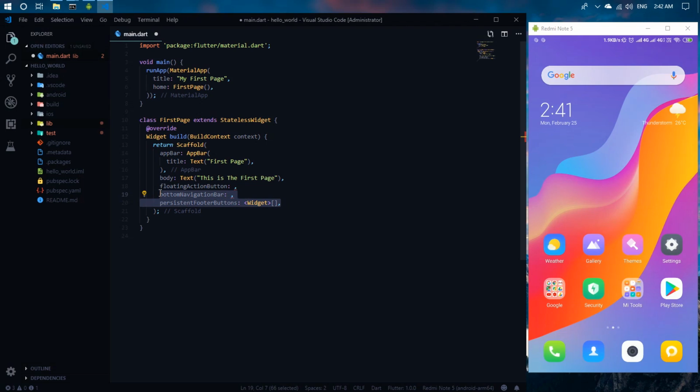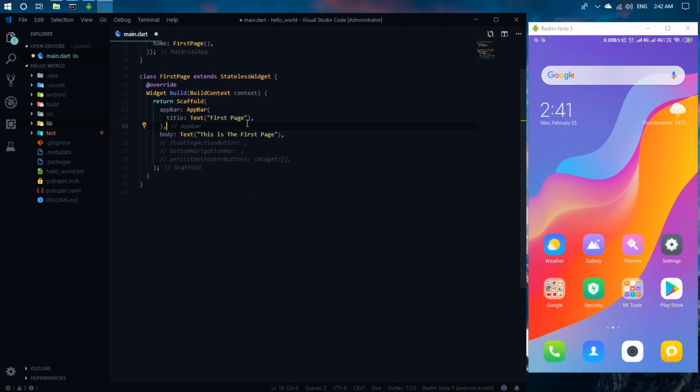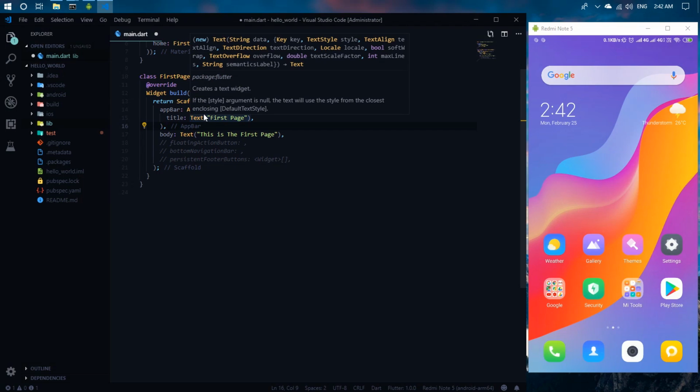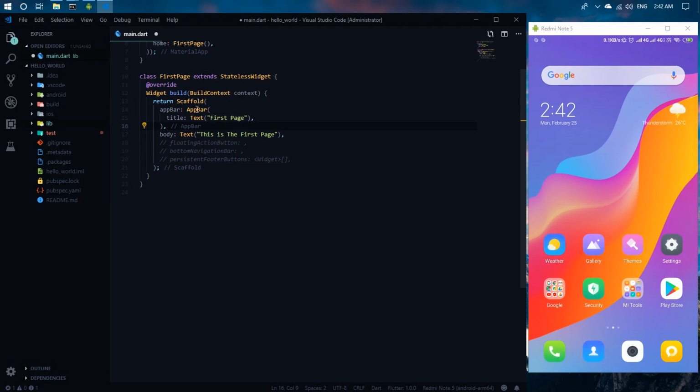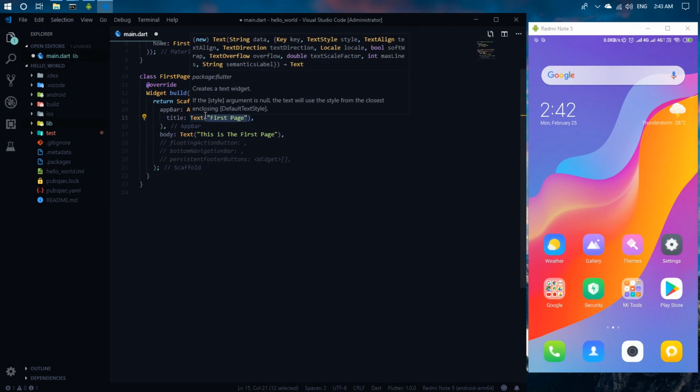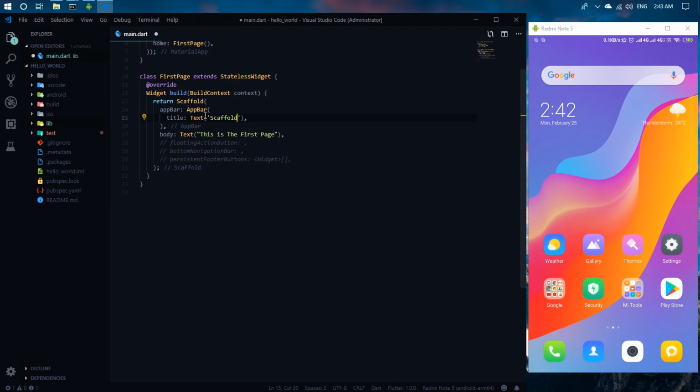Okay, the first are app bar and body. If we want to create an application with Material Design principles, at least we need to use app bar and body. The app bar parameter can only take an AppBar widget as input. Even though AppBar itself has multiple arguments, it's possible to create an empty app bar for visualization purposes. We will talk about app bar in detail in the next section. So inside the app bar, we can give a title here. Maybe I want to change the title to Scaffold Widget,